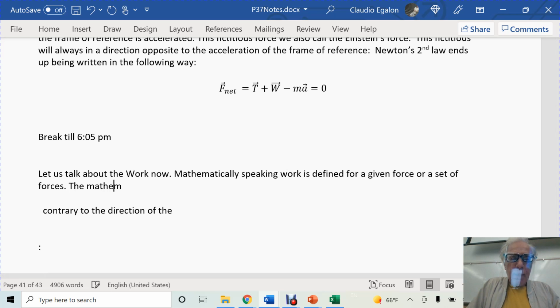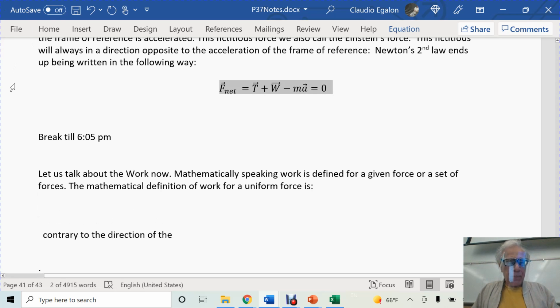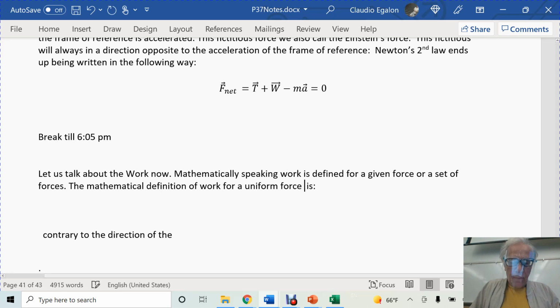The mathematical definition of work for a uniform force is the simplest definition of work. The mathematical definition of work for a uniform force F is